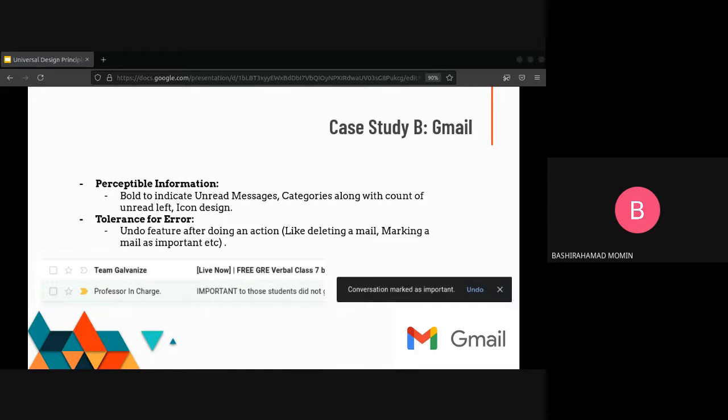When you delete a mail, what is the drawback with Gmail? If there is a conversation with many mails, and you delete one in between, it deletes the whole thread. Yes, sir, I also faced that many times. It is a very typical problem because I want to delete one particular mail, and all the previous and after mails, the whole thread, get deleted. Of course I can recover it, but it's dangerous.